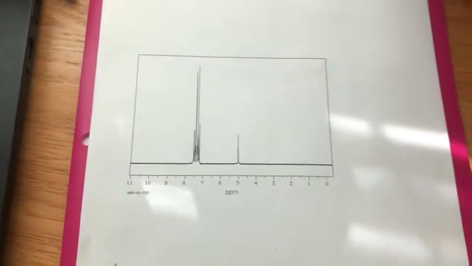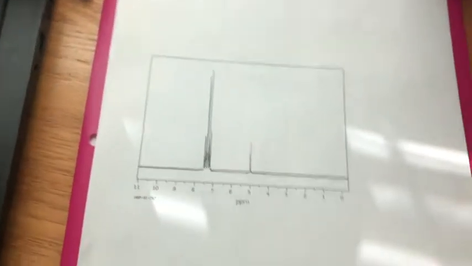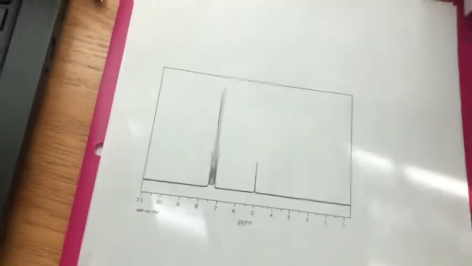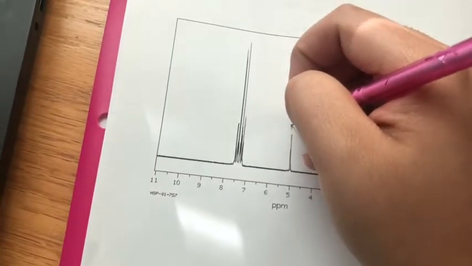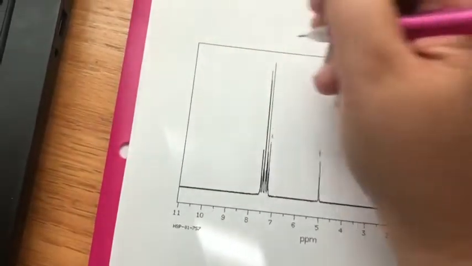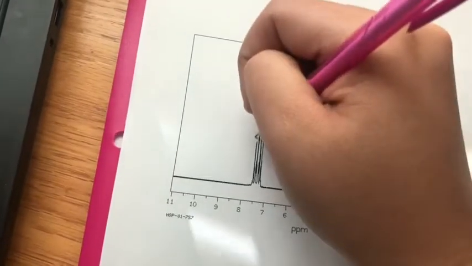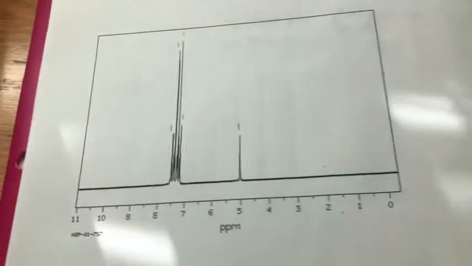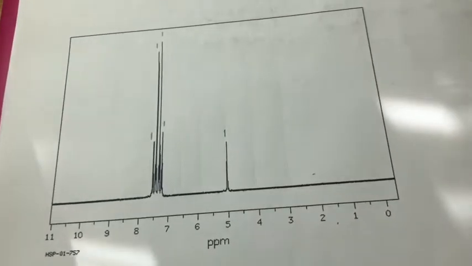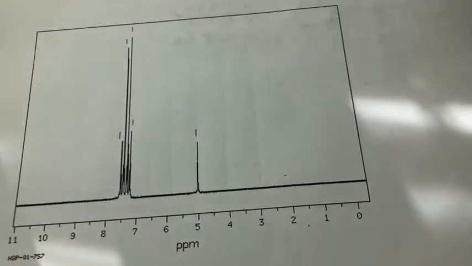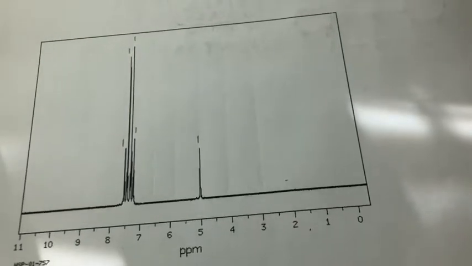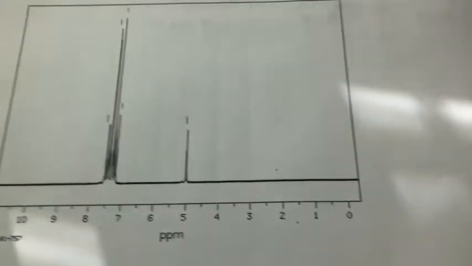So this is the proton NMR, and before I do anything, the first thing I'm going to do is write the integration numbers. So for all of these, they have an integration of 1. So with our IR, it told us that we're going to have some alkanes, alkyl chlorides, aromatics, and alkenes. So let's start drawing the structure. So we have chlorine, carbon,